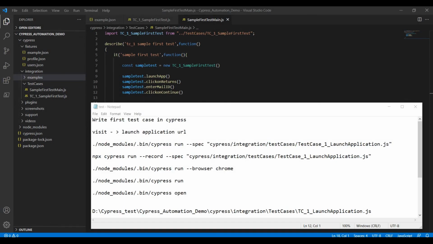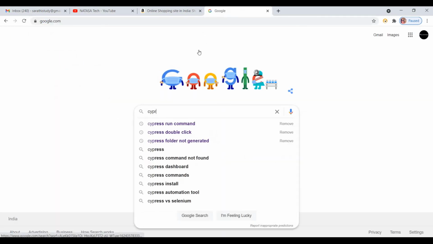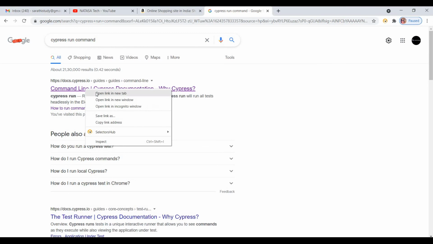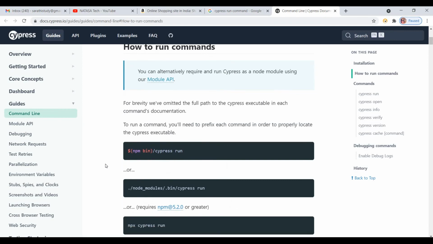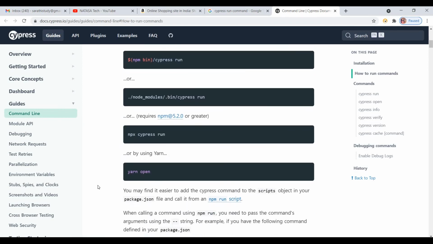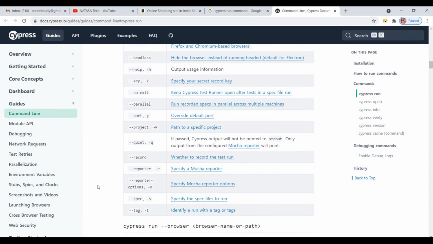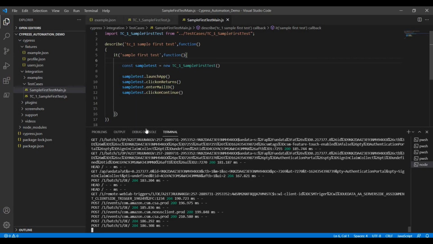There is an official site for Cypress. You just open Google and type Cypress run command. At that time you will get the result page. You will open documents.cypress.io. So this is the official site for Cypress. There you can find what run command we have to use. You will get that idea. So how we can run a specific test case, how we can run a group of test cases, these pages will guide you. So these are the two commands we have to use for executing the test case file.